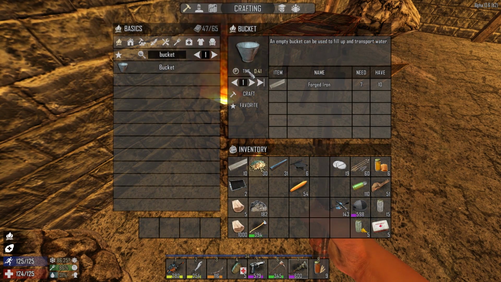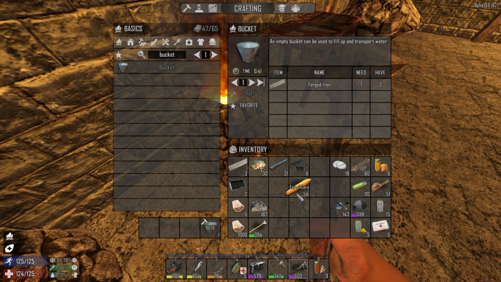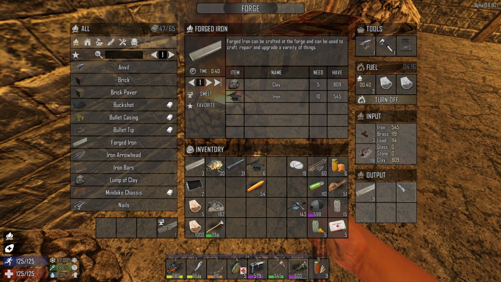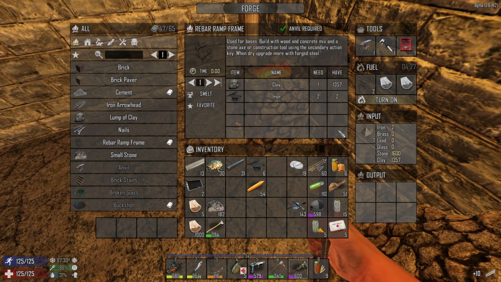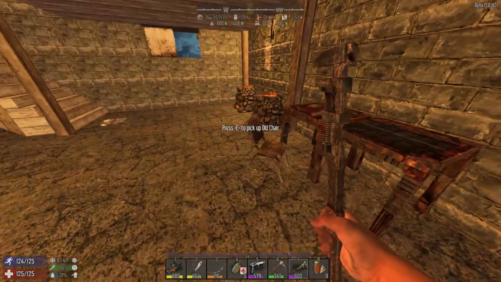Now, before we do other things, we're going to make a bucket. And you might be wondering, why, KIC, are we making a bucket? Well, I need to get water, right? I don't know how this is going to work, but I figure it might be a good idea to get a bucket's worth of water and use that to kind of build a bit of a well. Now, I don't know how it's going to work in this one because Alpha 13 saw some pretty significant changes to how...